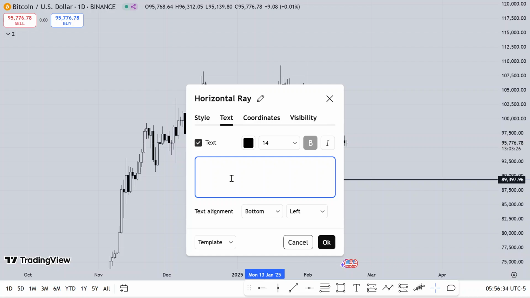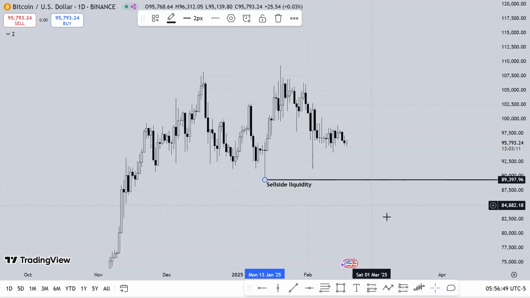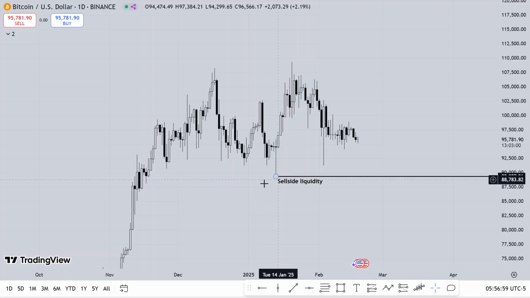PDRs that we can see. So we have sell liquidity resting here at 89,397.96, which is our drawn liquidity for Bitcoin. Now, looking to the left hand side, you notice we have this imbalance here, which was created in